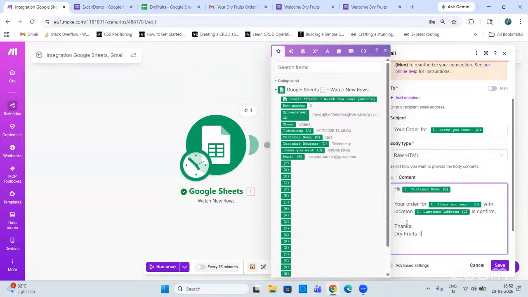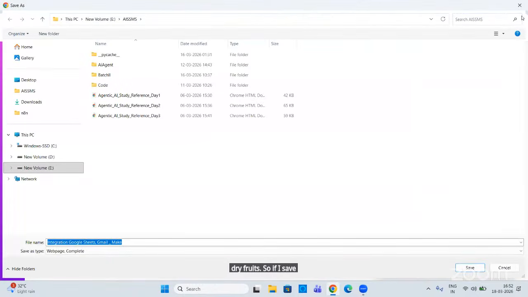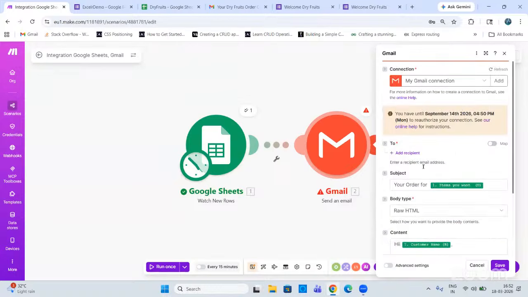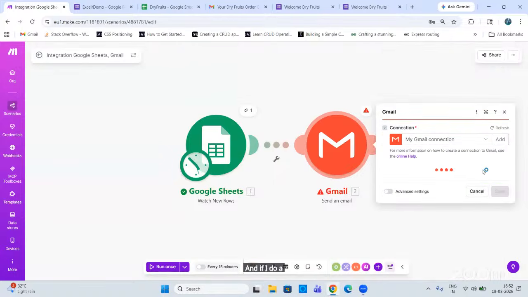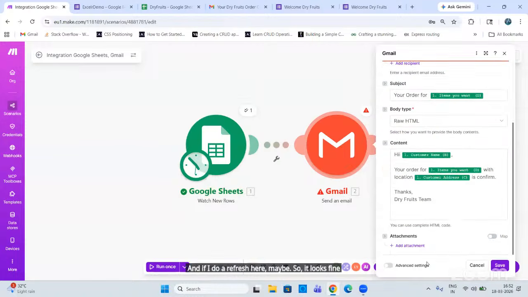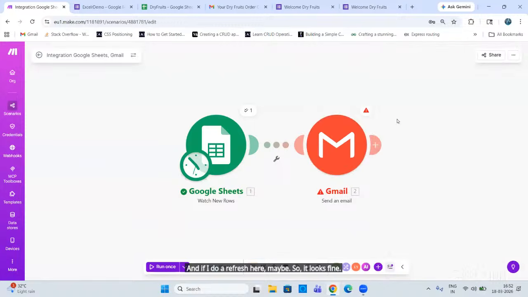Dry fruits. So if I save it, oops, not here, but then, and if I do a refresh here, maybe. So it looks fine. And then if I close it,